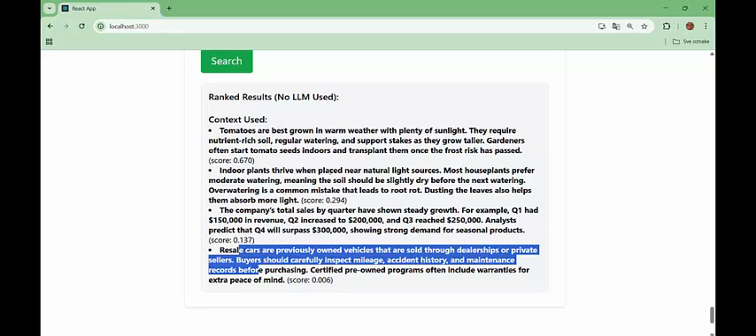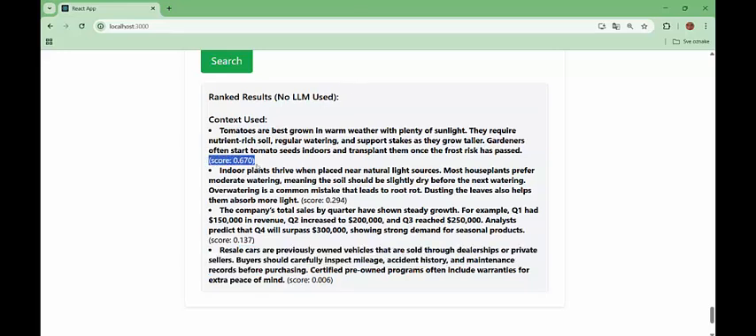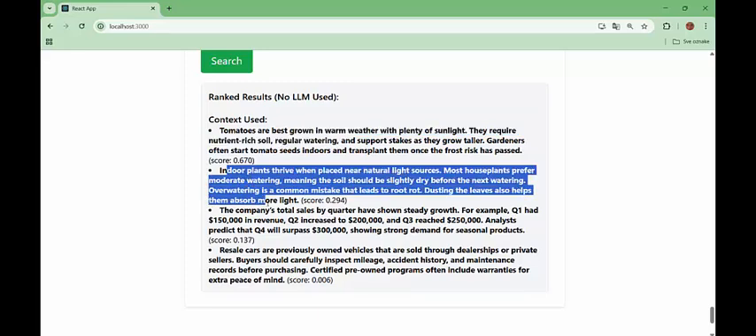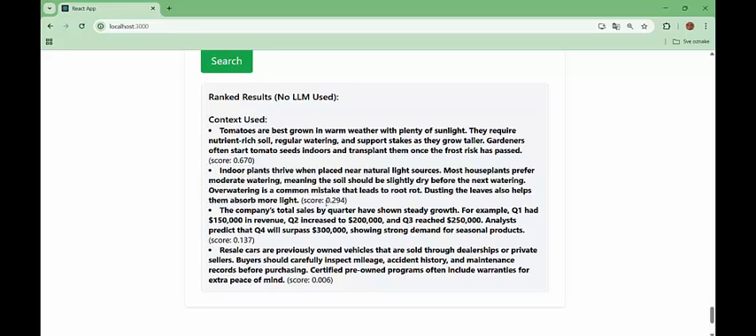I have four chunks of text in my data. And here, you see the score for "these tomatoes are best grown," etc., is 0.67. It is about indoor plants, you see, plants, about gardening. But here, plants, there is a